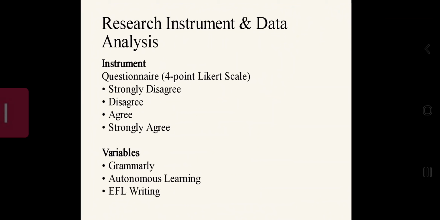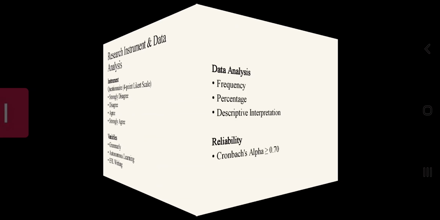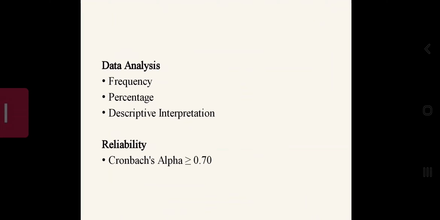The research instrument and data analysis. The instrument itself, we use a questionnaire with a 4-point Likert scale. Strongly disagree, disagree, agree, strongly agree. So we eliminate the neutral option, and then for the variables, the researcher has Grammarly, autonomous learning, and EFL writing. For data analysis itself, the researcher will use frequency, percentage, and descriptive interpretation with the reliability from Cronbach's alpha